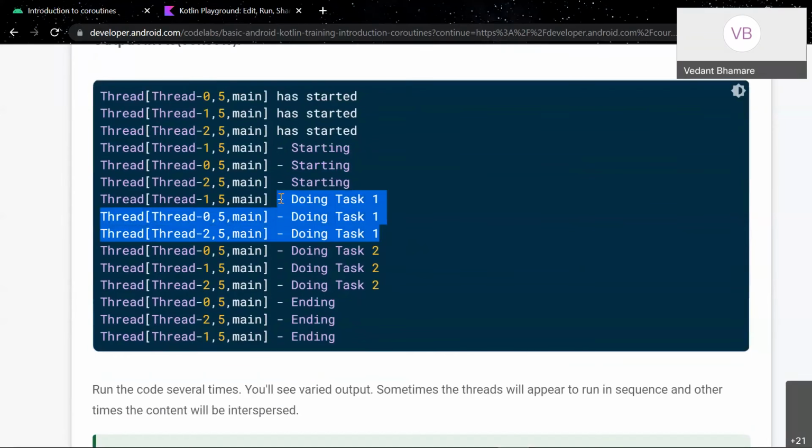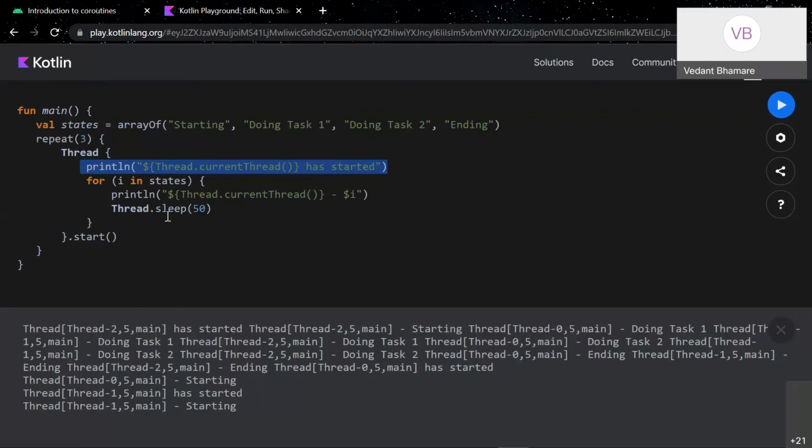Similarly, every thread is doing the 3 tasks because we have told it to do so. This function basically means that after executing this line, it would wait for 50 milliseconds. So it sleeps for 50 milliseconds and then it goes back to the loop again.